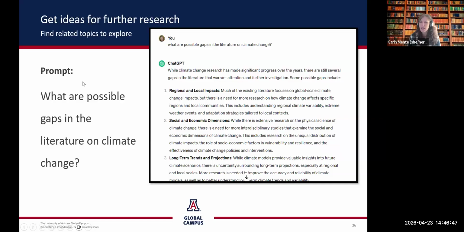Another way you can use it is investigating maybe what are some possible gaps in this literature, or just probing your research a little bit further. But remember, it's just making its best guess based on language patterns. It could help you shape your research focus by investigating the scholarly conversation in one way or another. If these are gaps that you can confirm actually do exist, but you have to be the one to investigate that. Don't just trust what ChatGPT spits out.